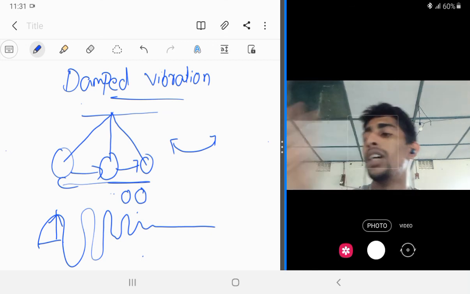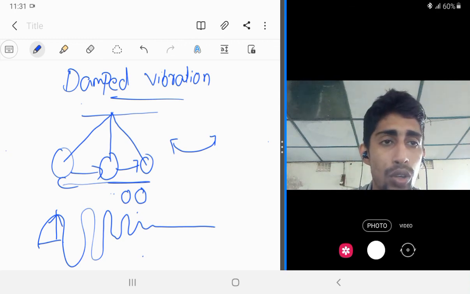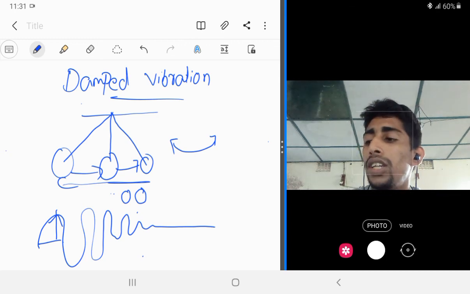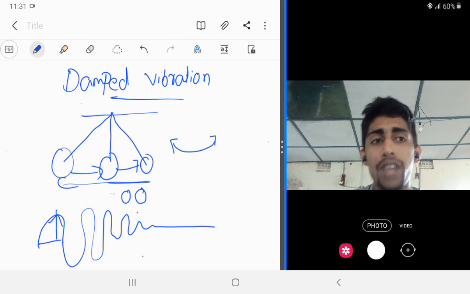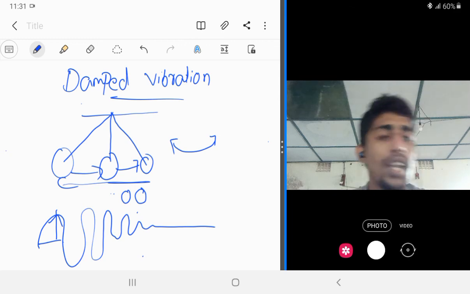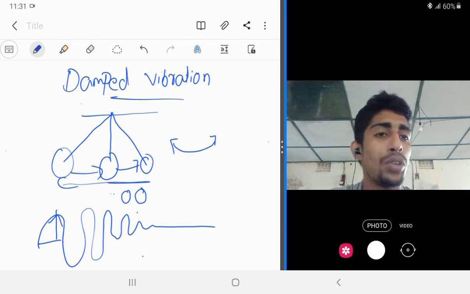These four things you have to write in your copy. I am not giving it as a special separate assignment. You have to write it in your copy. Page number 115, the definitions, and page number 116, the difference between free vibration and damped vibration. You have to write it in your copy.